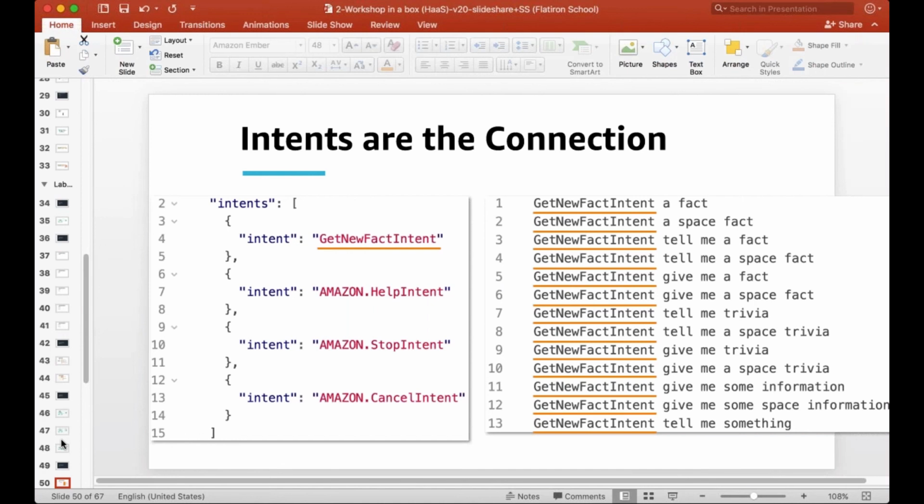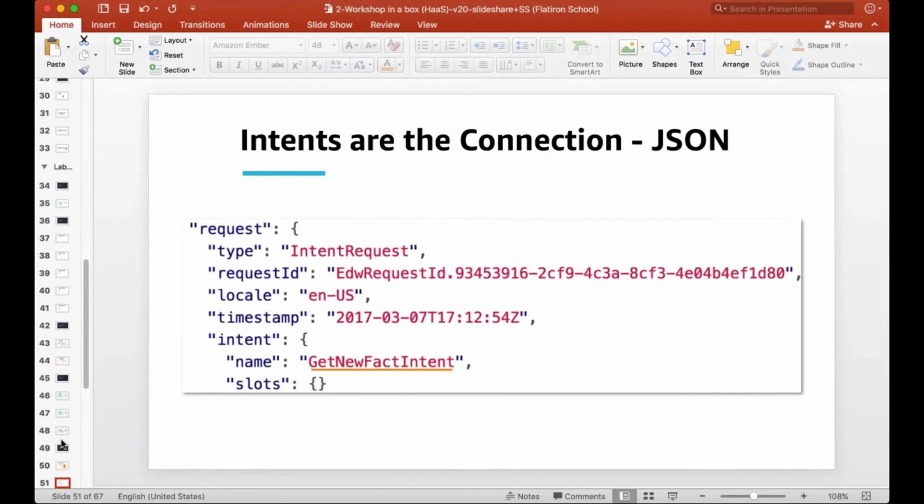So let's look at the connection again. You have the intent schema on the left side, and then you have the sample utterances on the right. Again, these are two things that we copy-pasted from GitHub, and these are the absolute minimum requirements to build your interaction model. You will have some way of telling Alexa what the intents are, and then match them up with some of the sample phrases or utterances that the users might say. As you can see, the connection between the two is the name of the intent. If you have more intents, you will have more intents on the left side and matching utterances on the right side, so Alexa can figure out which specific intent it should go to.